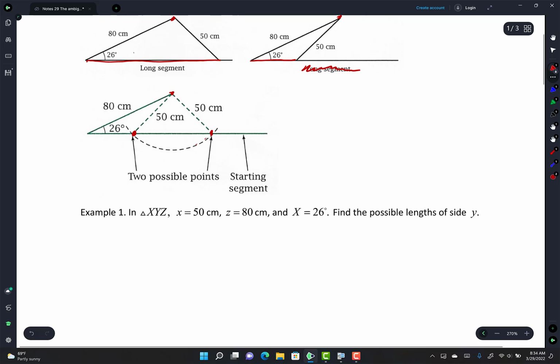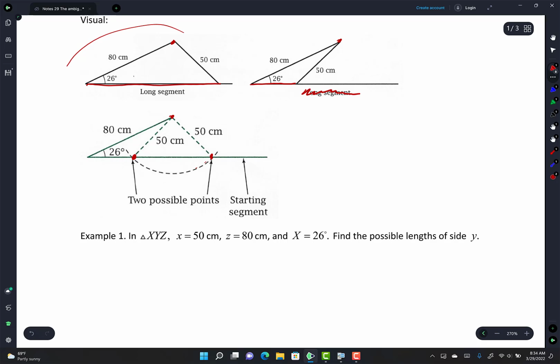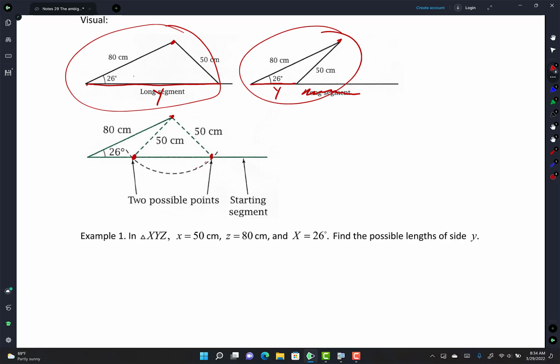All right. So I have here, it says example 1: in triangle XYZ, x is 50, z is 80, and angle X is 26. Find the possible length of side y. So they're talking about these two triangles here, guys. 80 and 50, and there's a 26. So they're talking about this segment. See? Because the 26 degrees is all we have,